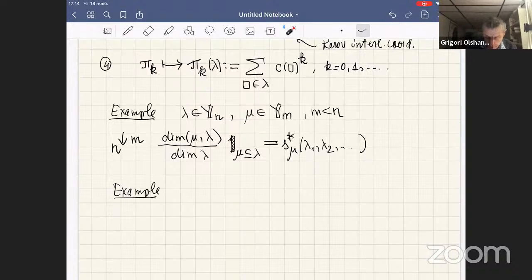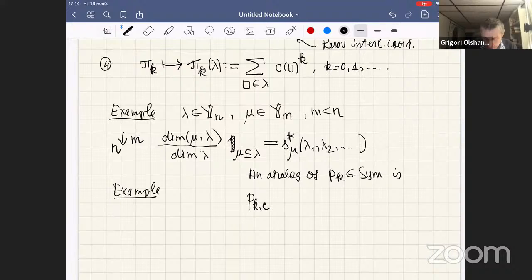So I recall that one possibility is to take one version, or maybe it's better to say, an analog p_k^c, the function p_k^c of lambda, which is defined as the sum over i of lambda_i minus i plus c, where c is a free parameter, raised to the power k, and we subtract